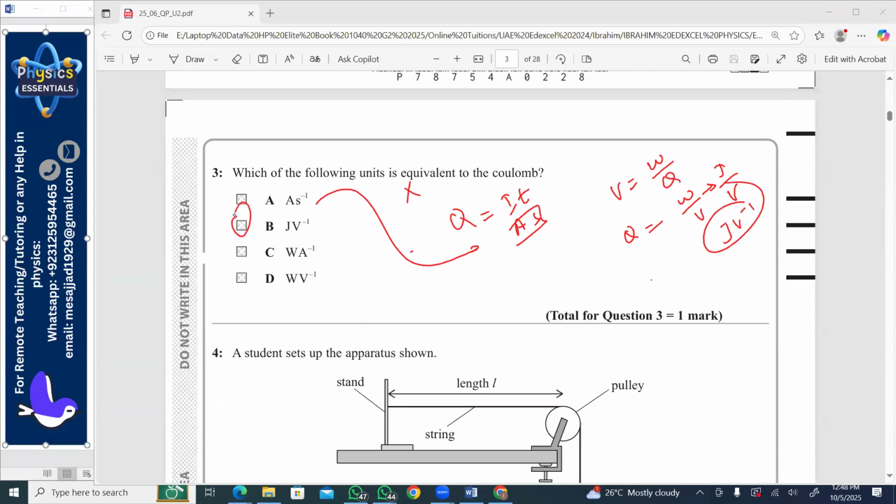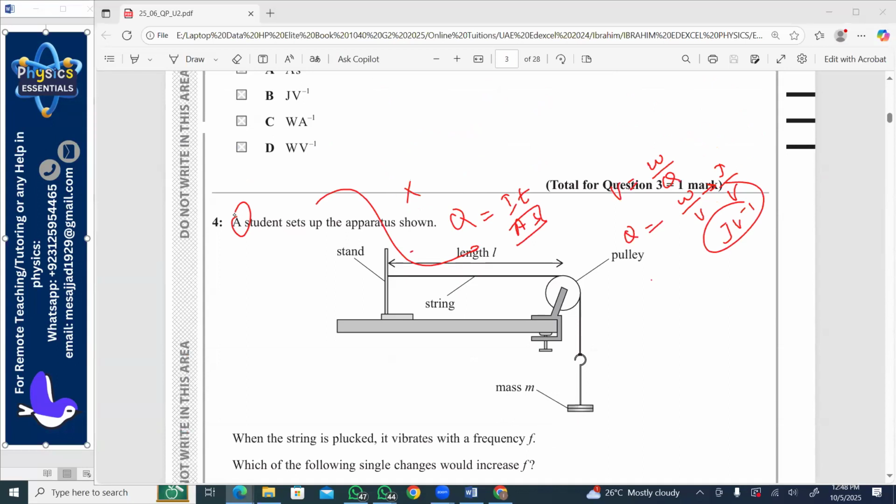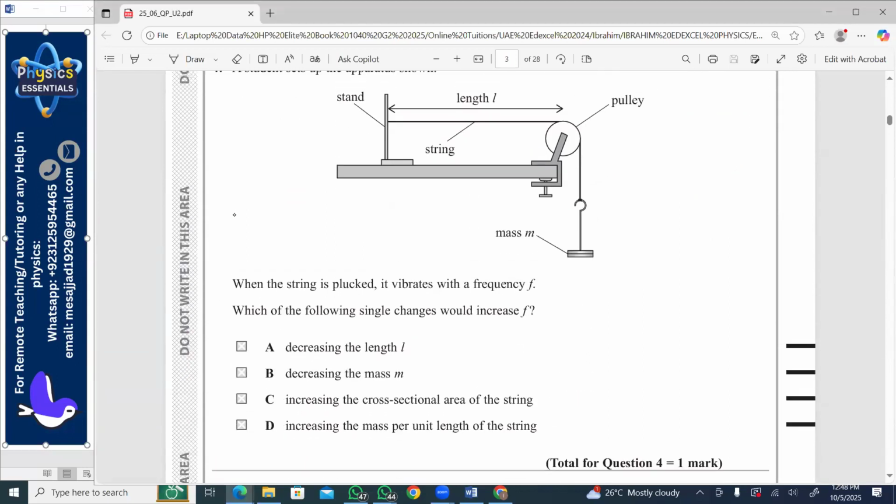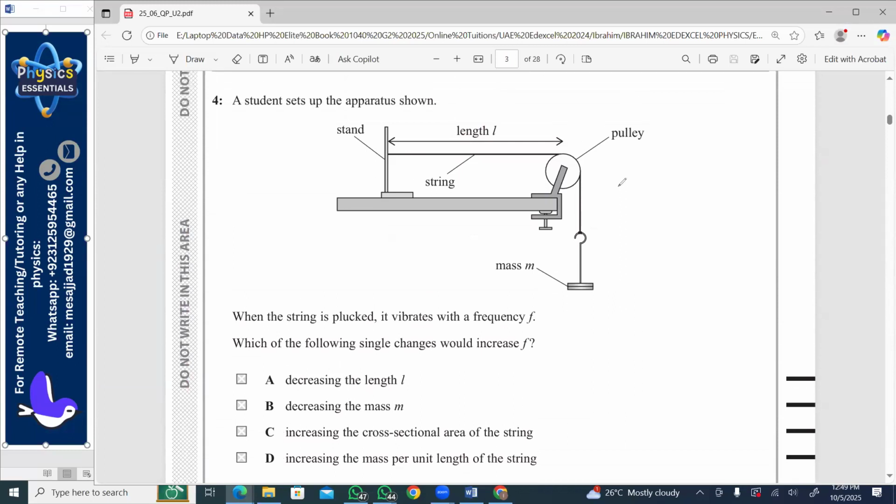B. Number 4. A student set up the apparatus as shown. When the string is plucked, it vibrates with frequency f. Which of the following single changes would increase f? Okay. So first of all, for this kind of setup, what do you need to remember? You have the speed to be equal to